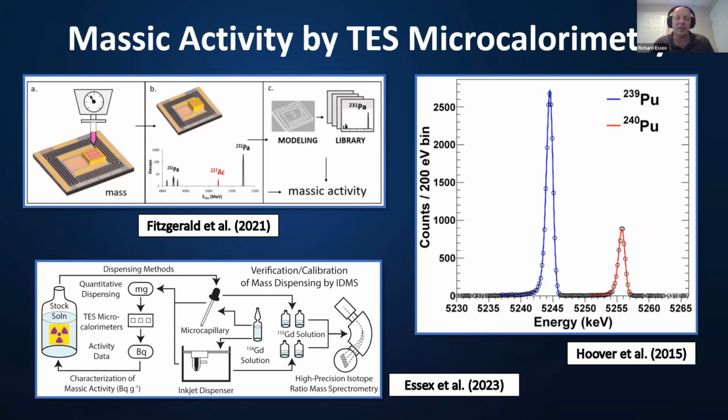decay. The figure on the right of this slide that I'm showing you is some measurement data from a project that was done at Los Alamos National Laboratory in collaboration with some folks from NIST Boulder, where they actually did this. They used these transition edge sensors to clearly measure the ratio of 240 to 239 alpha decays. But one issue with these sensors is that because you're essentially making your measurements at near absolute zero, 100 millikelvin,